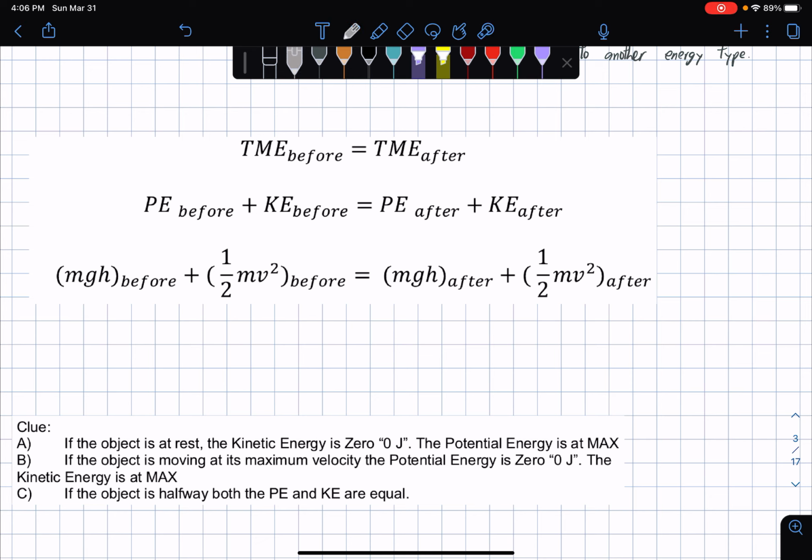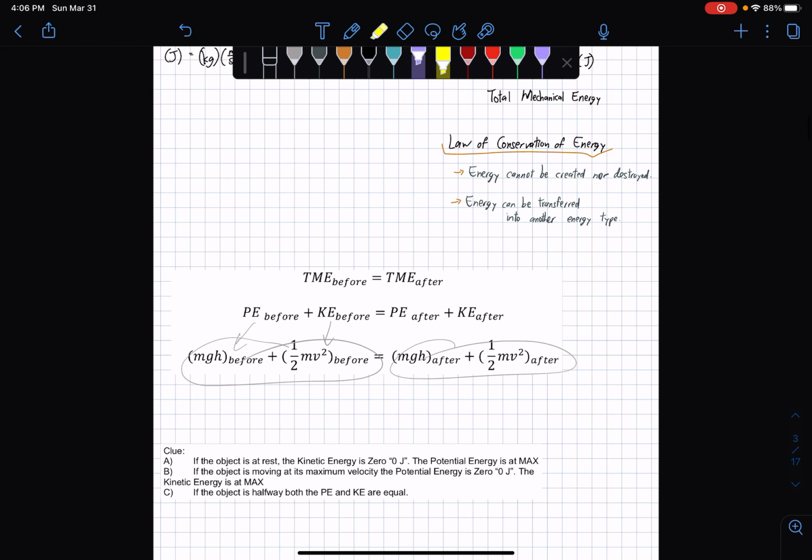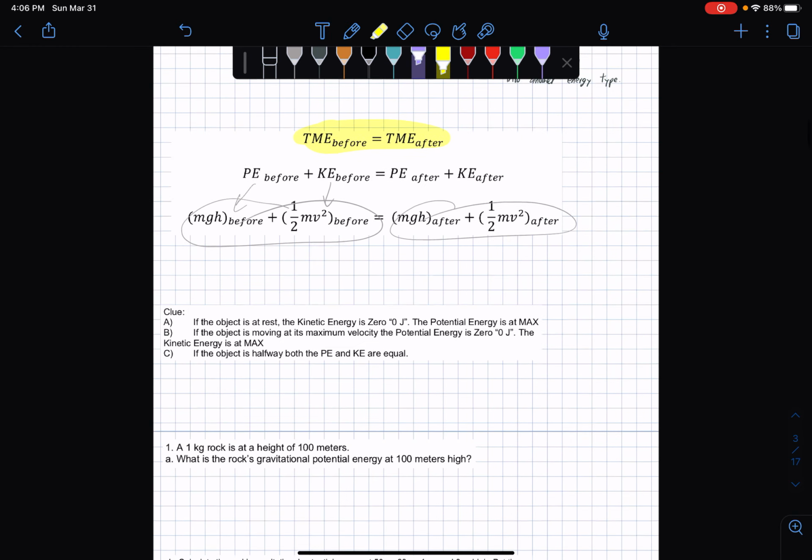So PE, we know that the formula is mgh, and then KE 1 half mv raised to 2. This is all in before, and it's the same thing for after, basically. So now that we're finished with our quick rundown on the formulas that will be needed in this topic, it's about time that we